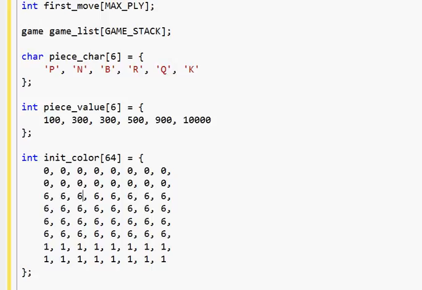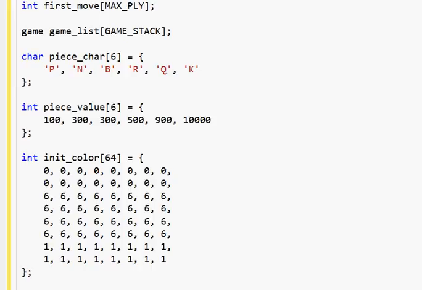And notice with these arrays, when the values are declared along with the array, this square here represents the A1 square. This is B1, this is C1, this is D1, and it goes all the way down to H8. So to make it easy to read, the 64 numbers are set out like a chessboard, even though they're upside down, back to front, but